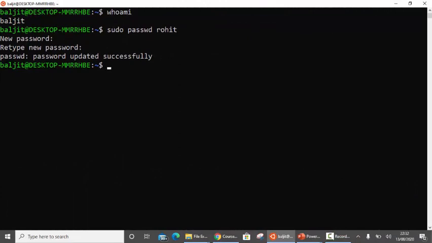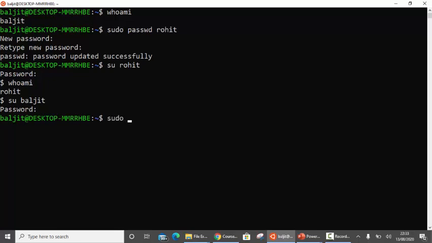If I want to shift now to the Rohit account, I will write su Rohit. That will ask me what the password of Rohit is. This means that the password of the Rohit account is set. Who am I? Now it is Rohit. Okay, so let us now switch back to the other user account. And now I will use the -d option and delete the password of Rohit. So as a superuser, I'm going to use passwd -d on the account Rohit.